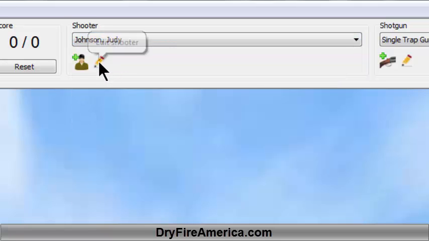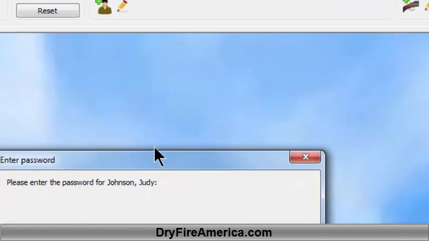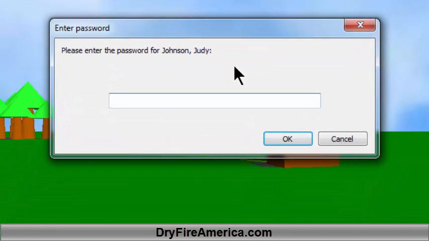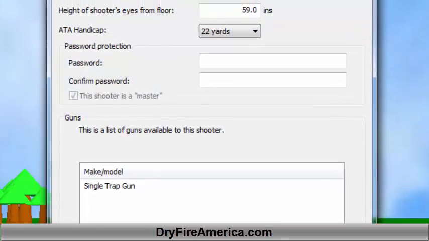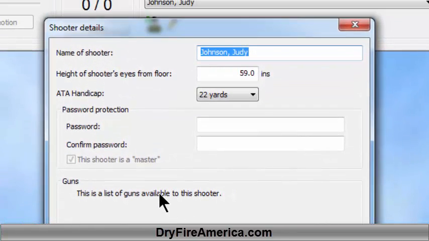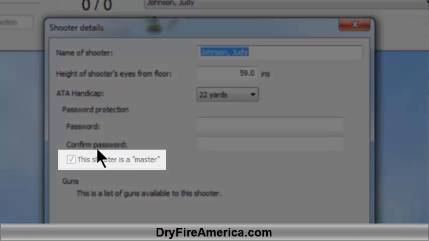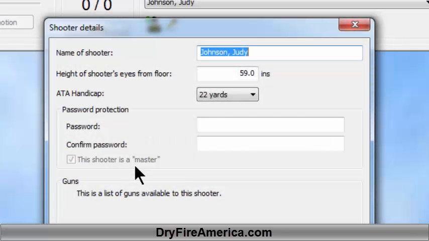But this time, when it asks for a password, let me go ahead and enter Judy's password. And when I click OK, notice that when her shooter's detail box opens, it is grayed out here in this shooter is a master. So this is the reason then that an individual shooter cannot elevate themselves to the status of a master user,